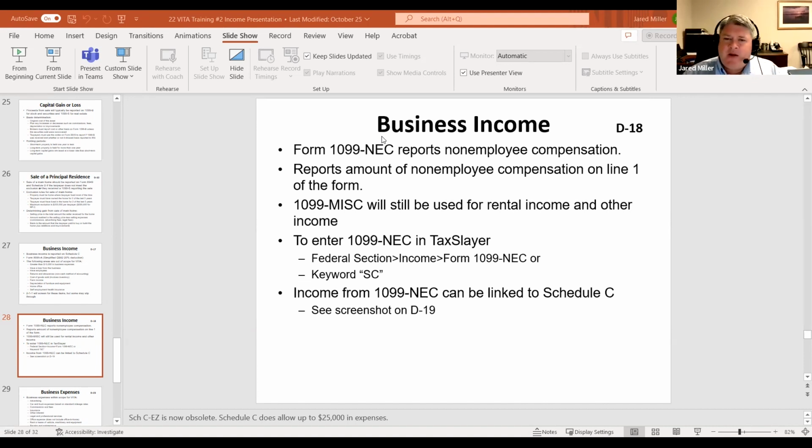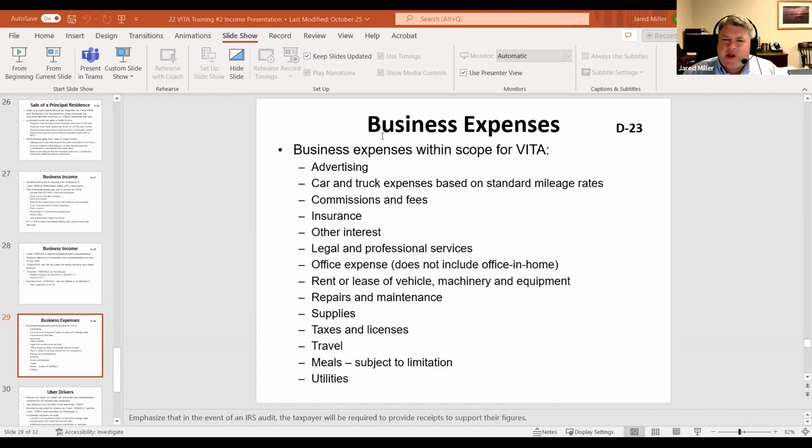So we'll talk a little bit about some expenses. I'll mention a couple of red flags that we may have. Fortunately, I don't think we've seen this very often within VITA, people trying to take advantage of the business tax rules. Again, we have some limitations with what kind of deductions we can take. We can take things like advertising. Advertising would be things like printing up business cards or T-shirts, or if you want to spend money on Facebook ads or things like that, that would be fine.